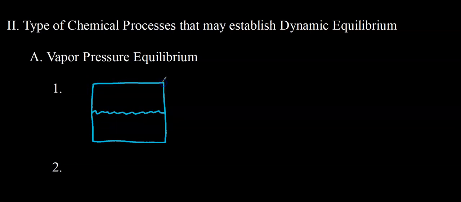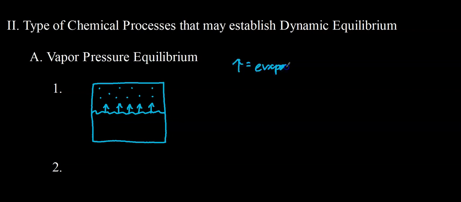Let's look at some examples of equilibrium systems. One such example is vapor pressure equilibrium. So let's say you take a container. Let's draw a container here. Fill it up with some water and close the container. All right, so what's going to happen to the water inside this container? Well, water is a liquid and all liquids evaporate. So that means some of the water is going to turn into a gas. So the arrows pointing up